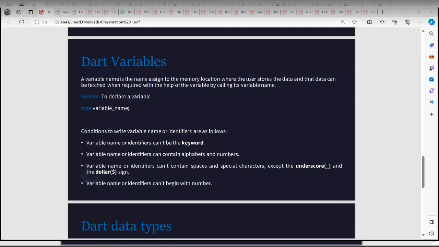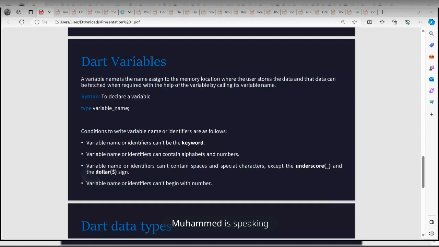Question time. From what we have here, can anybody just say something about a variable? The definition of a variable is already there.